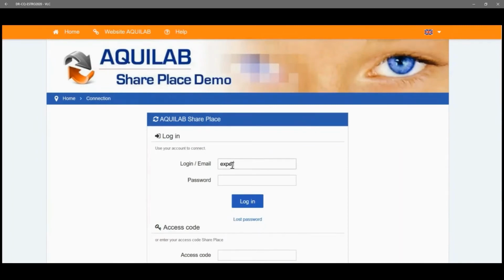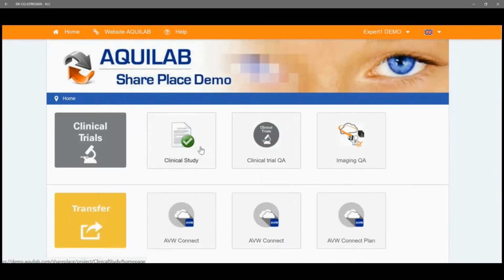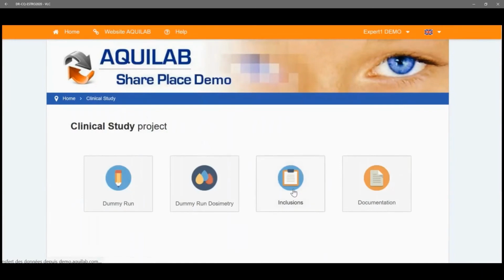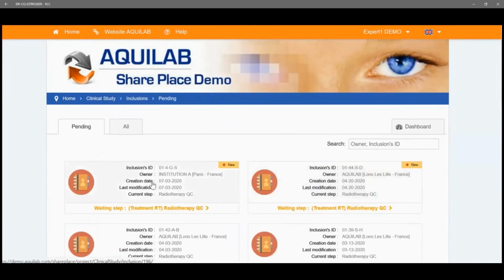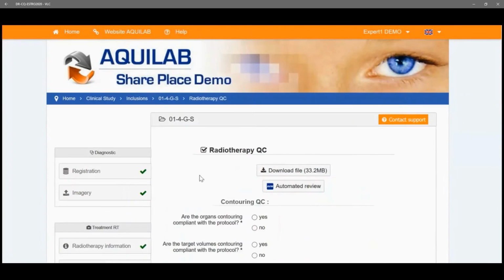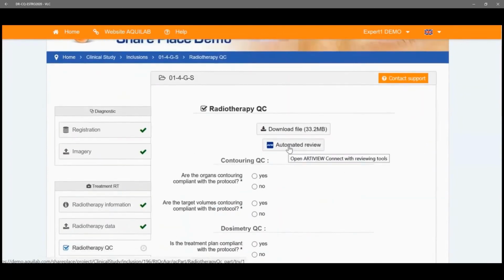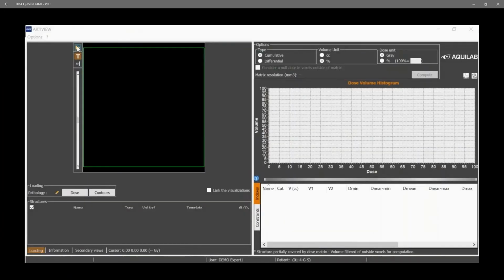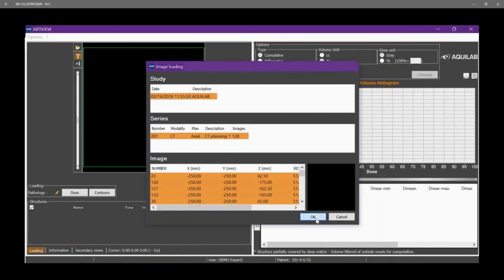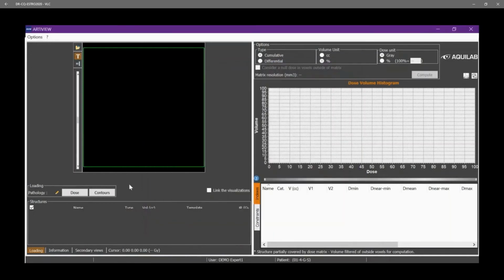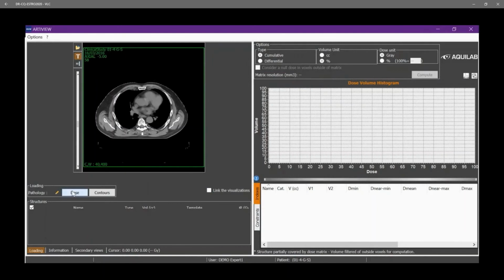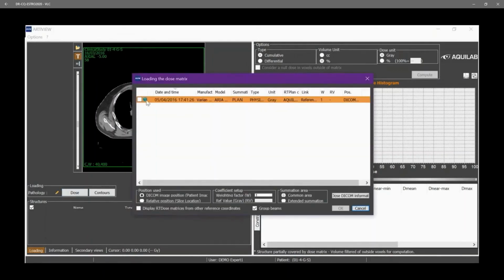After that, we can go to the expert profiles and go to clinical study. Go to inclusion and you see the patient awaiting a radiotherapy QC, we go to patient 4 and perform automated review by using RTView plan check. You see the RTView plan check window. We load the CT. We can also load doses